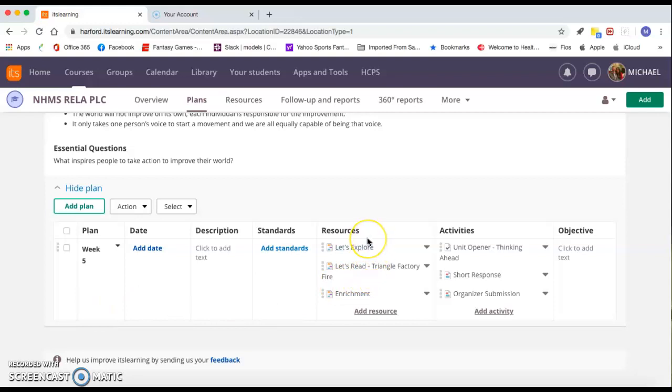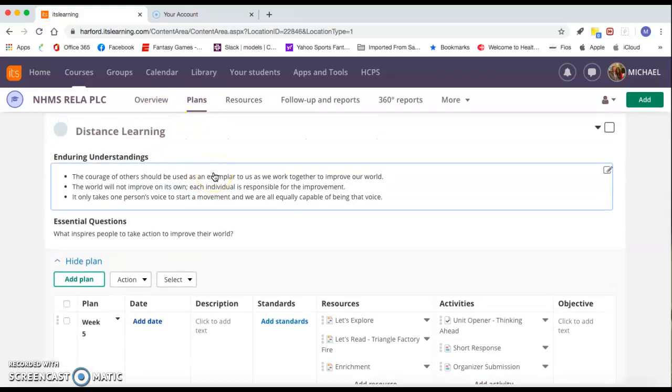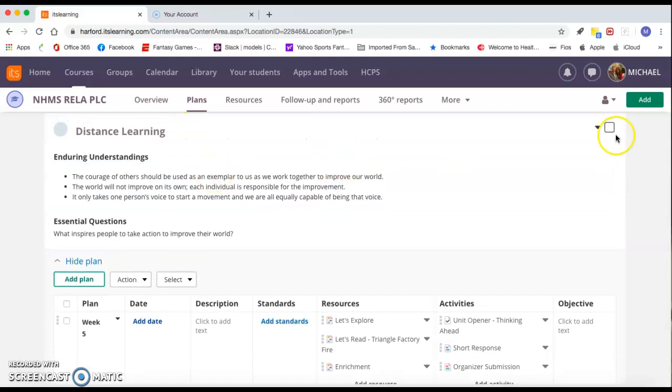This is where it gets a little quirky, in that in the old PLC pages they have resources and activities. We don't have that in our current courses. It's really just one big resource straight down, and that makes the pathway possible. And I'll explain that in a second. So everything's there as far as enduring understandings, essential questions, it makes it easy for students to see and really just go step by step through the activities